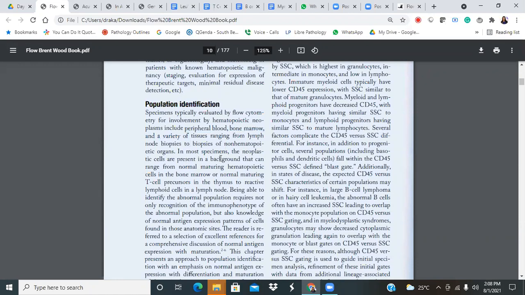In most specimens, the neoplastic cells are present in a background that can range from normal maturing hematopoietic cells in the bone marrow or normal maturing T cell precursors in the thymus to